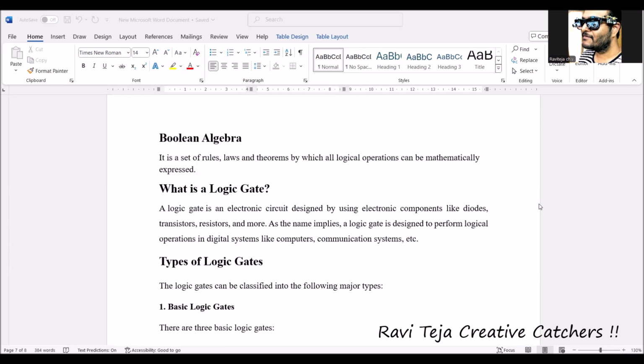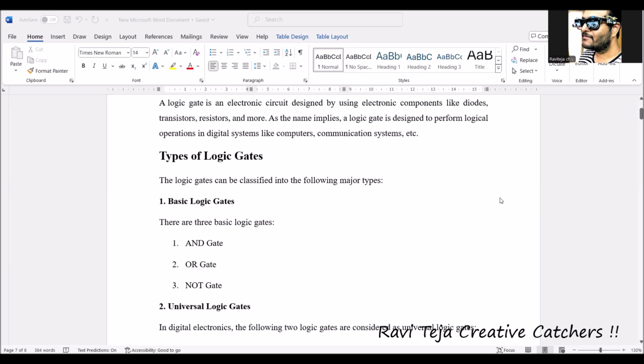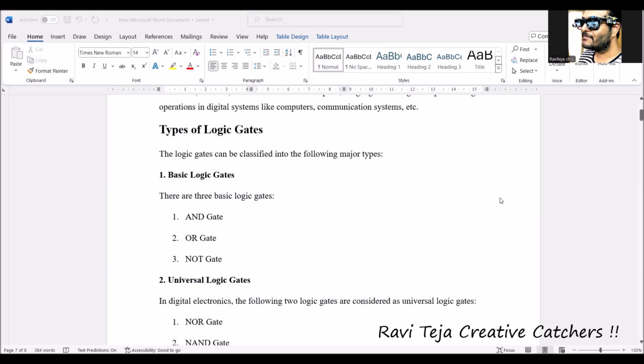Now, what are these logic gates? Logic gates are small electronic circuits designed using electronic components like diodes, transistors, resistors, and many other small electronic components. So these logic gates are further classified into various types, and we are going to see what these types of logic gates are. They are majorly classified into basic logic gates, universal logic gates,